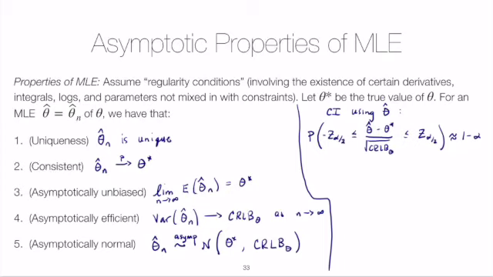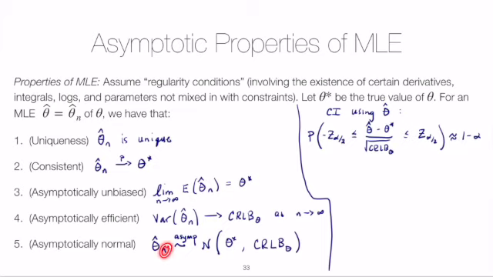So the goal of this video will be to walk through the proof of the asymptotic distribution of the maximum likelihood estimator. In class we listed several properties of the MLE, and this last one, asymptotic normality, kind of ties a few of them together. So it says that the maximum likelihood estimator, our notation for that is theta hat,